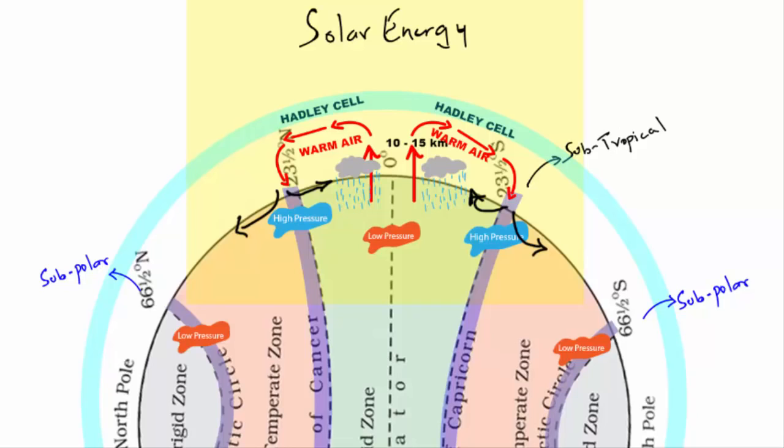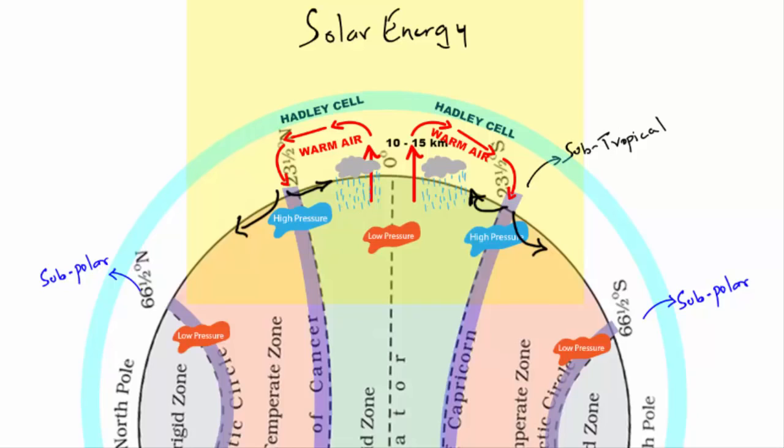Now let's go step by step and try to understand the logic. The first thing that we are clear about is that the low pressure in this region is not caused by the temperature. And the second thing that you need to understand is that the low pressure belt is mainly found above the oceans, because the landmass, as we know, is cold, or in some places it's covered with snow and ice. Now if you remember, moments back we were talking about subtropical highs.